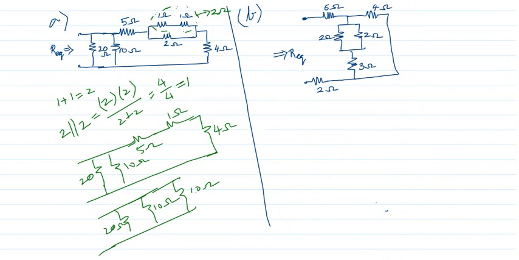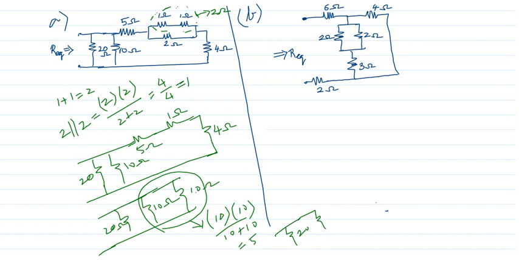Okay, so 10, we can just proceed. I am going to solve this. So it becomes 10 into 10 divided by 10 plus 10, equal to 100 by 20, which is equal to 5. Now the circuit looks like 20 parallel with 5. Okay, now try to solve this. They are in parallel. So I can simplify this as 20 into 5 divided by 20 plus 5, that is R equivalent is equal to 20 into 5 is 100 divided by 25, which is equal to 4 ohms.